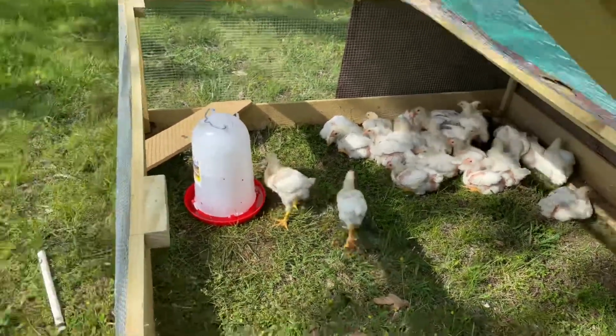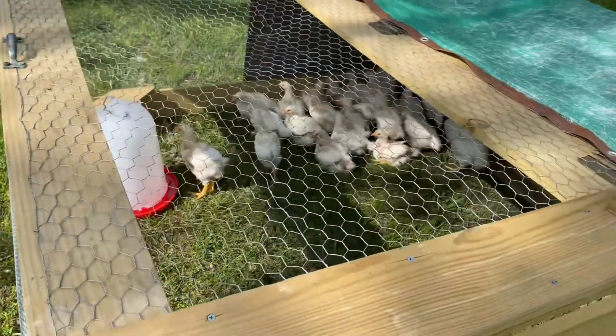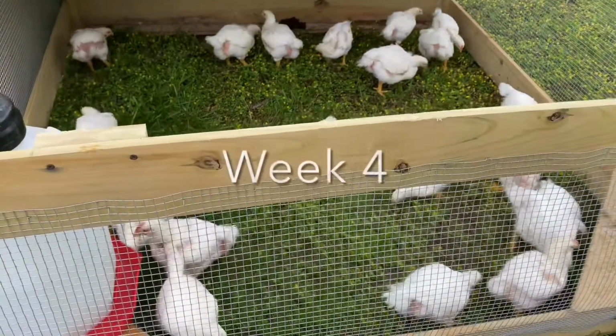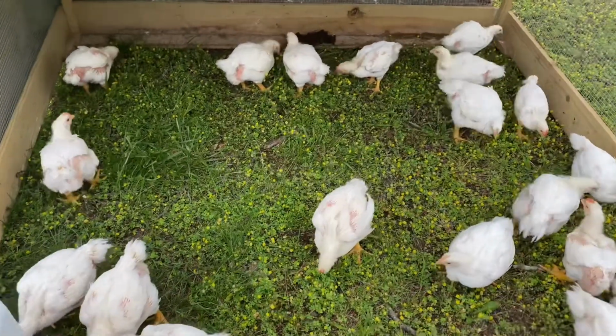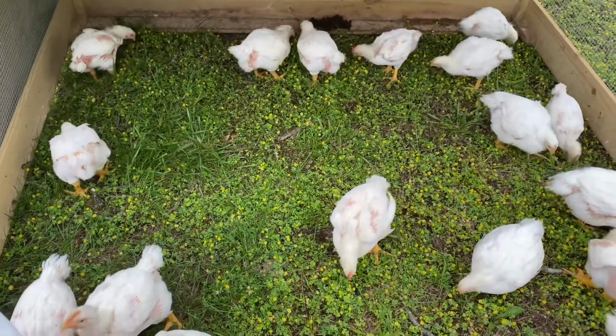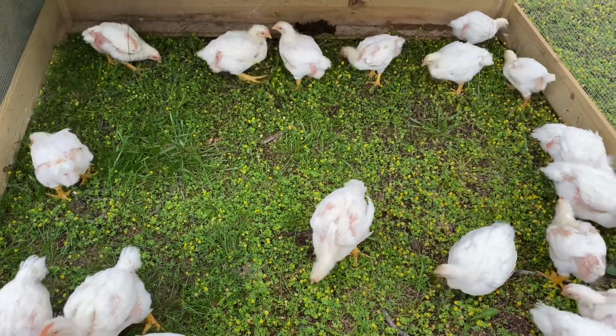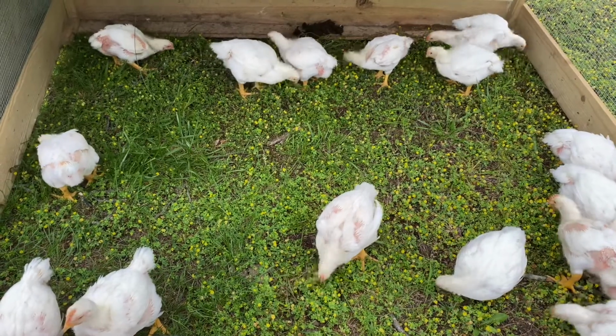And there is a closing and locking lid on the top to protect them from predators. The Cornish Cross are now 4 weeks old, and I am currently moving their chicken tractor twice a day. I just moved them now, and so I leave their feeding container outside